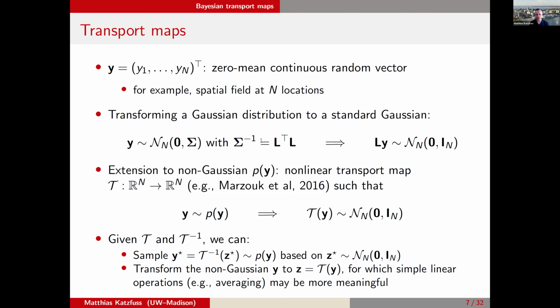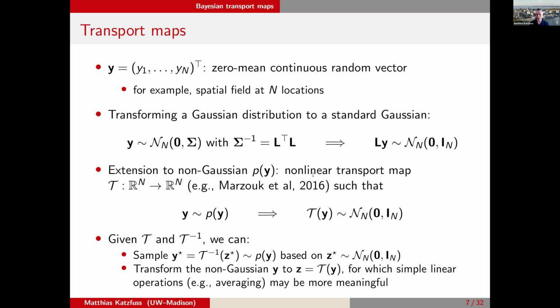So we could characterize this normal distribution by its covariance matrix, or equivalently by this inverse Cholesky factor that maps a sample from this general normal distribution to a standard normal. Now, again, we're not going to assume normality here. Instead, we just say we have some distribution of interest P of y, which may or may not be Gaussian. And then we can extend this idea to this more general non-Gaussian setting by saying